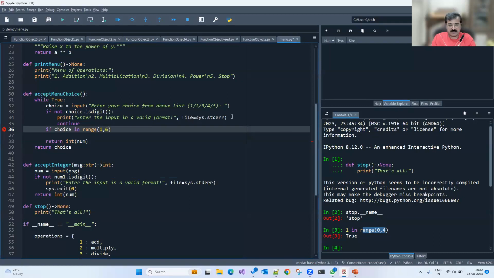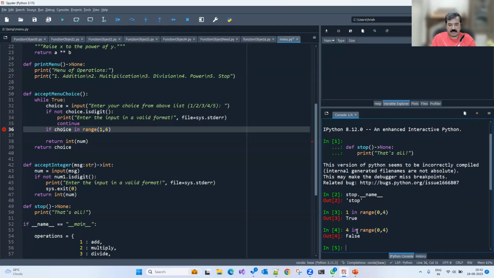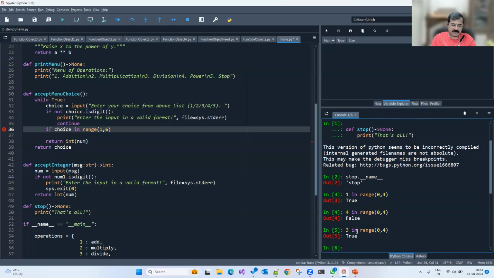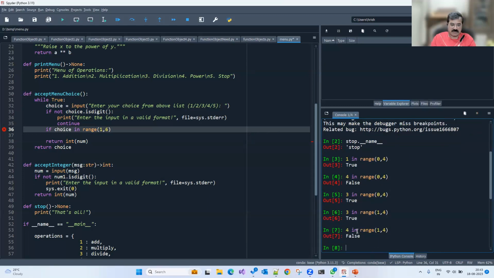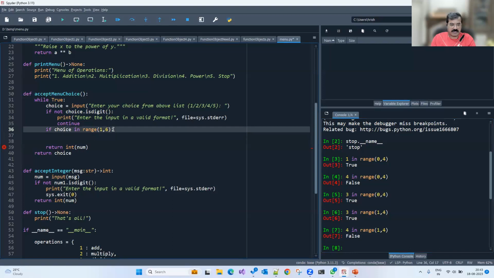6. We need 1 to 5, so 6 is ignored. Like in this case, if I say is 4 in range, it says false, because the range checks only up to 3: 0, 1, 2, 3. 3 in range, yes. And if you say range 1 to 4, then 3 in range is true and 4 in range is false. So if choice is in this range 1 to 5, fine; if not in range,